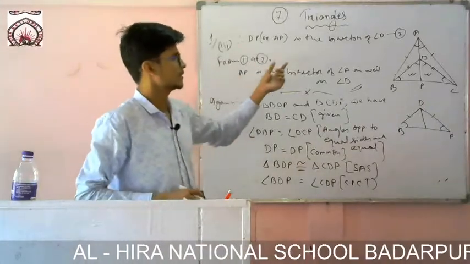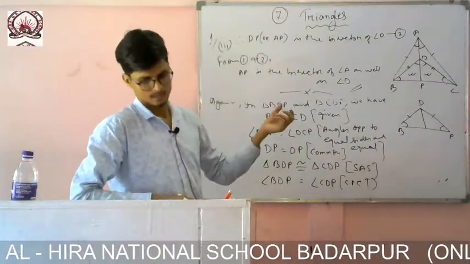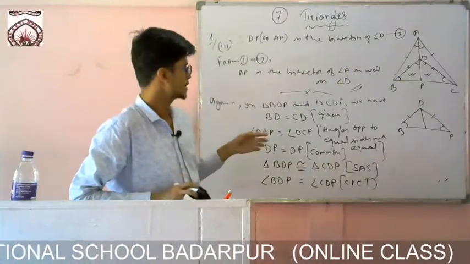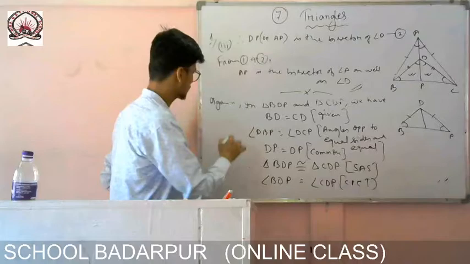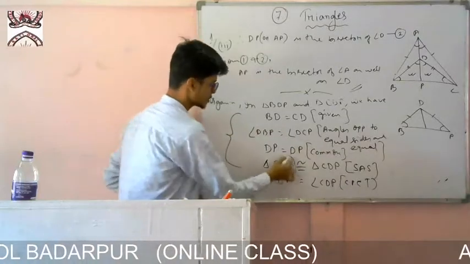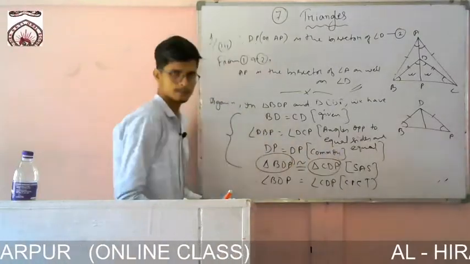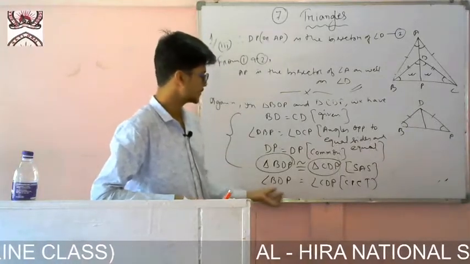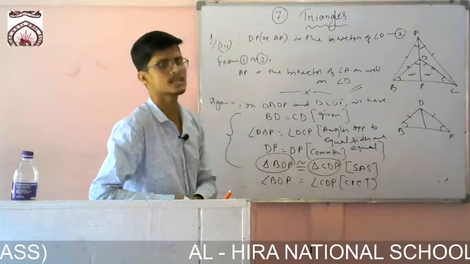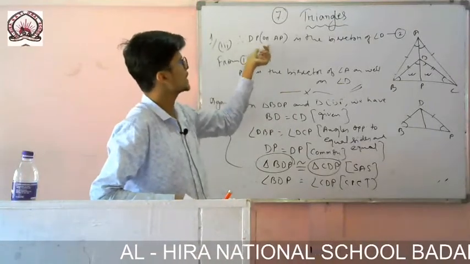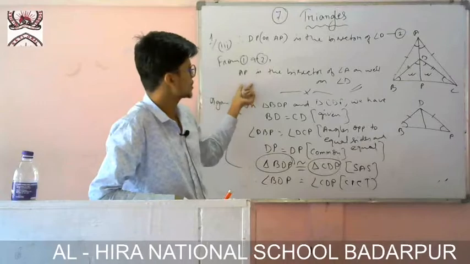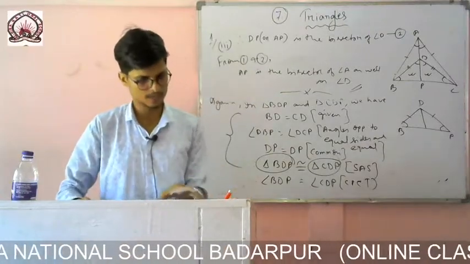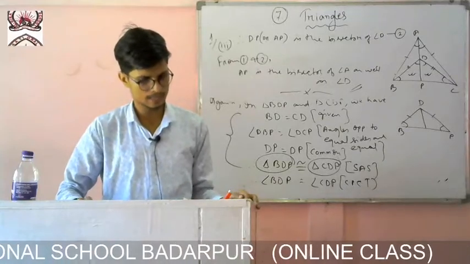I have shown the first one directly because a few moments ago we proved that these two triangles are congruent, and this one I cannot write directly. So for this purpose, first of all I showed that these two triangles are congruent. Then I write that these two angles are equal, and if these two angles are equal, that means DP is the bisector of angle D. So rather than writing DP, I have written AP, because in the question I have to show that AP is the bisector of both the angles. So I have written that AP is the bisector of angle A as well as angle D.